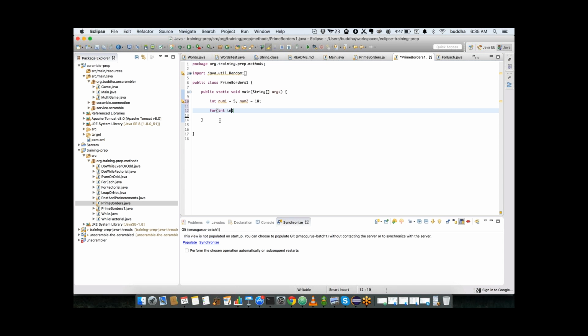So for int i equals, where shall we begin? At 2, i into i is less than or equals to n, i plus plus. And then if number 1 can be divided by i,